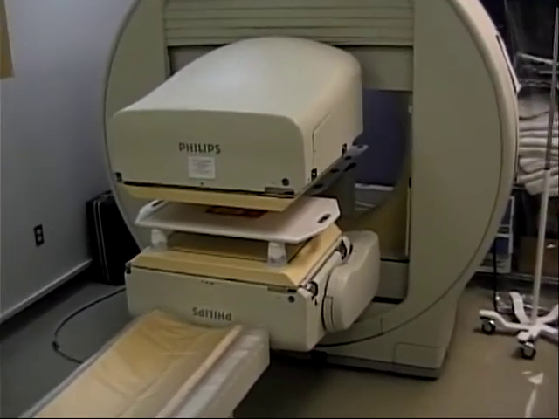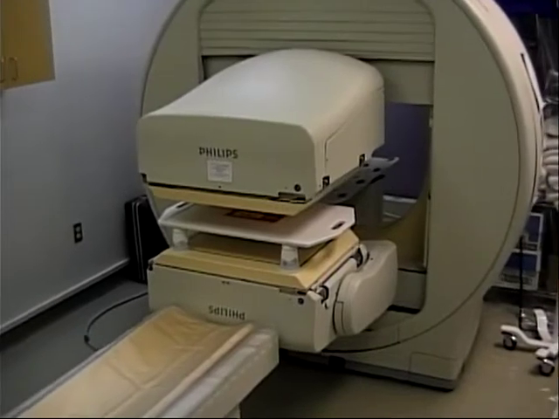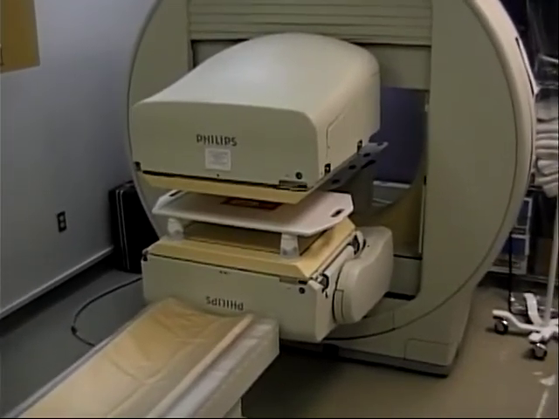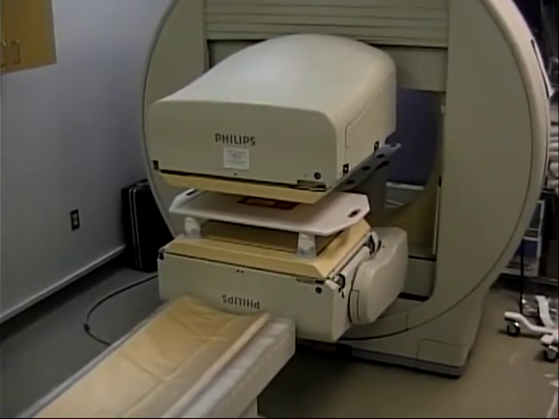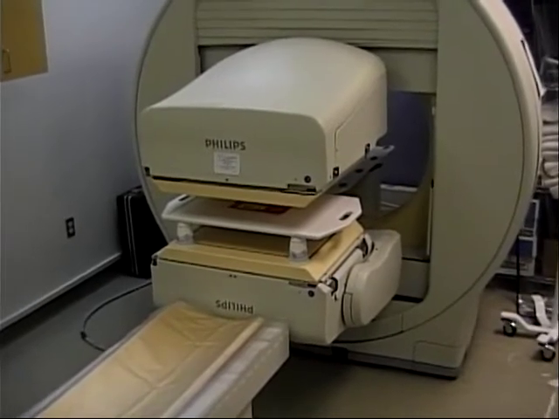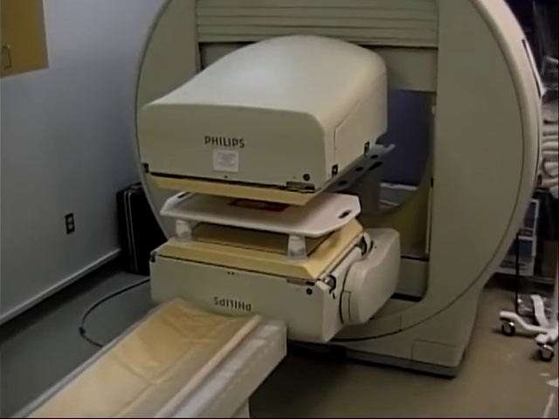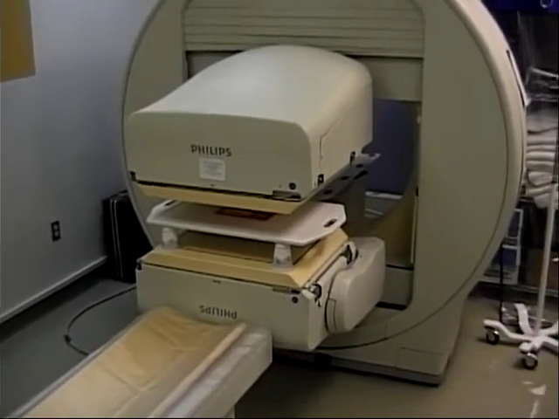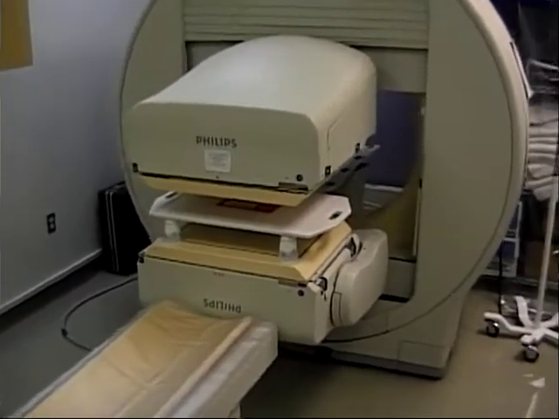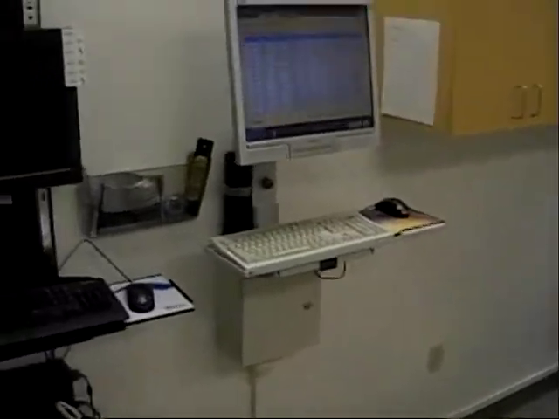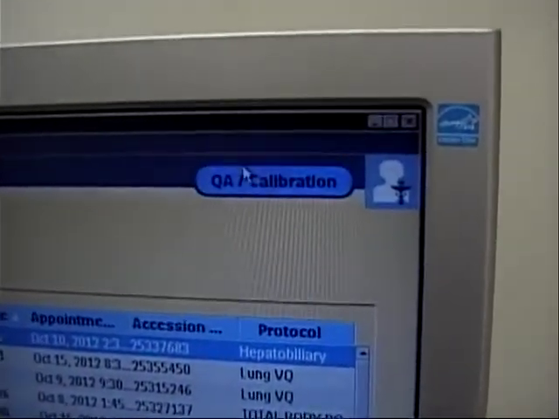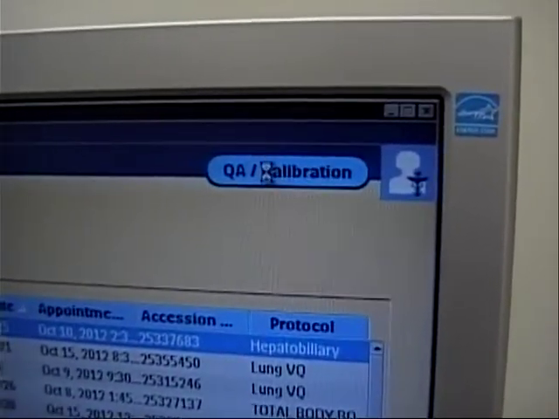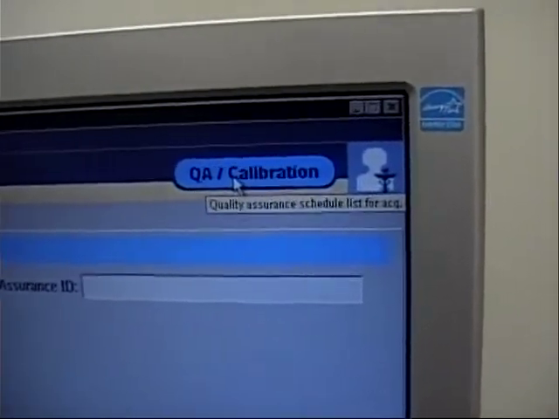Now, to explain what this is, what you do to do this test is you go ahead and acquire a flood nearly as identical as you would your average daily flood, but you change the peaks, and I will show you how. So we're going to go in to this Philips BrightView